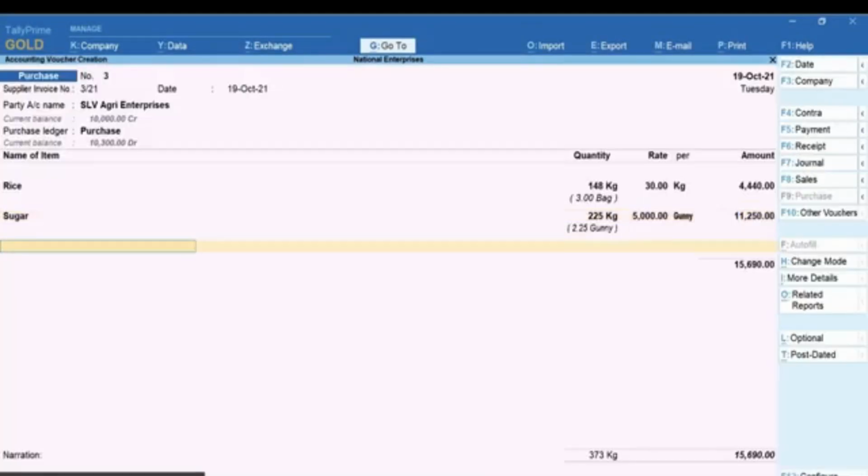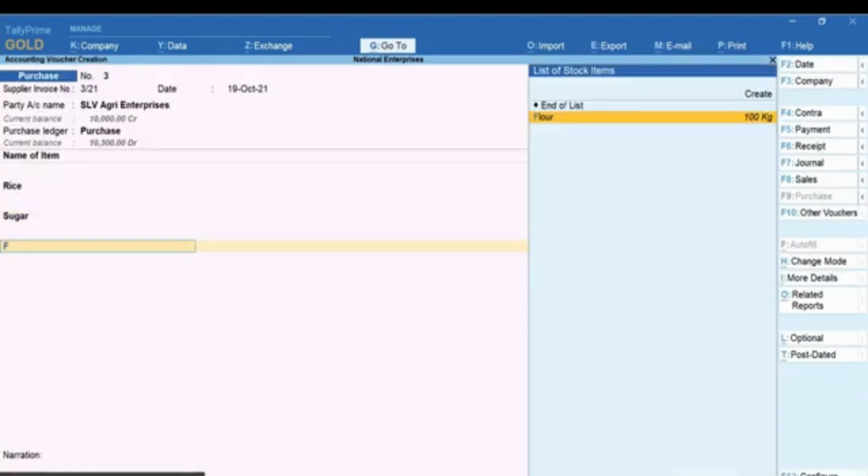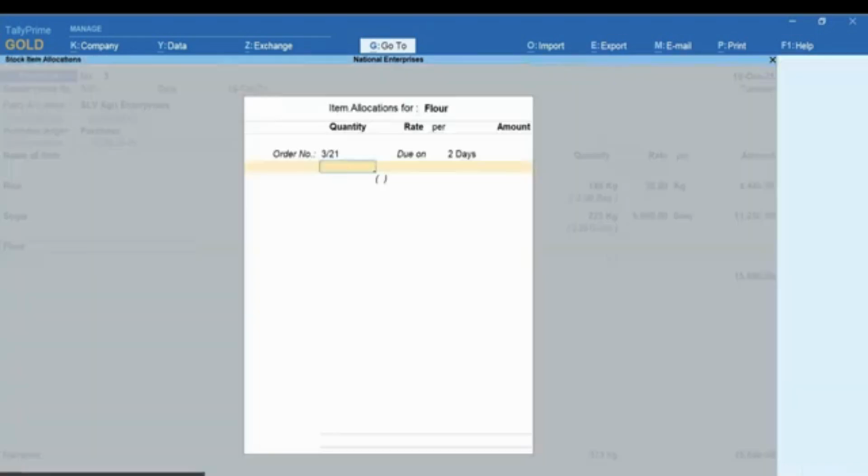Take another stock item, flour, which is to be sold in boxes. Select the stock item. Enter quantity as 100 kg. As you can see, the number of boxes is 10. Now consider that you checked the weight and found that boxes weigh only 94 kgs, probably due to spillage or shrinkage. Enter 94 kgs. As you can see, TallyPrime takes the nearest figure after conversion and calculates the number of